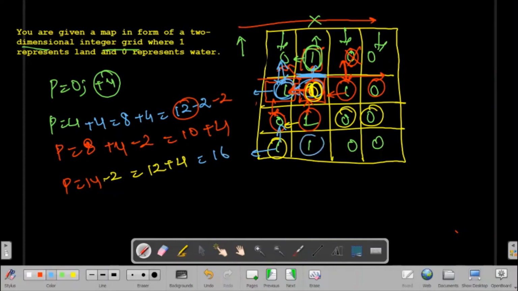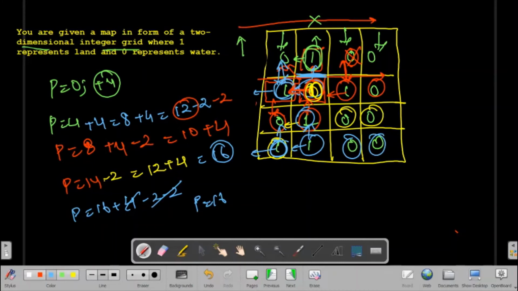So again I'll come here and see we have found 1, so my perimeter value is 16 plus 4 from here, and again add 4 here, and I'll see in the left direction and up direction. So we found 1 here and also here, so we'll do minus 2 for both the cases, for the up case and left case. So this 4 will be cancelled, so my perimeter will be 16. Again I'll come here, we don't find any 1, so at the end my perimeter value is 16, so I will just return 16. So let's code.